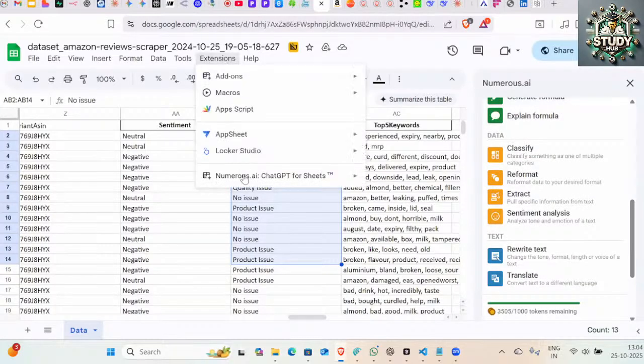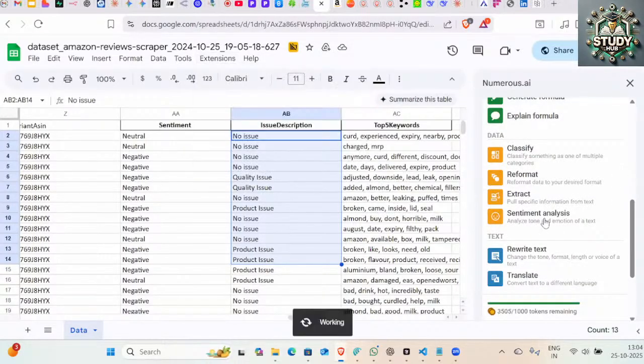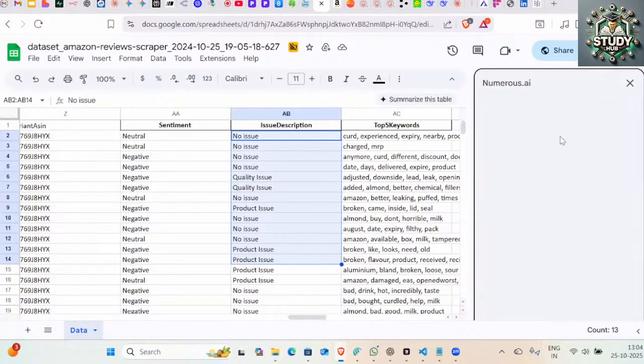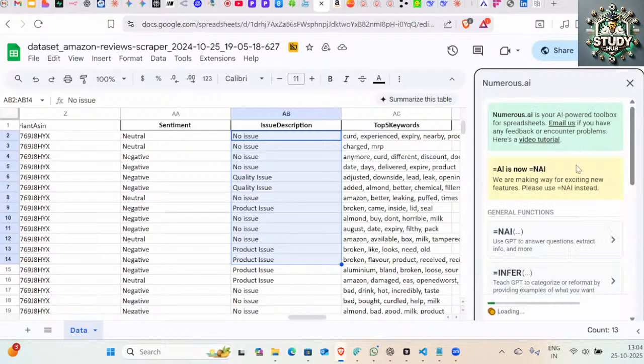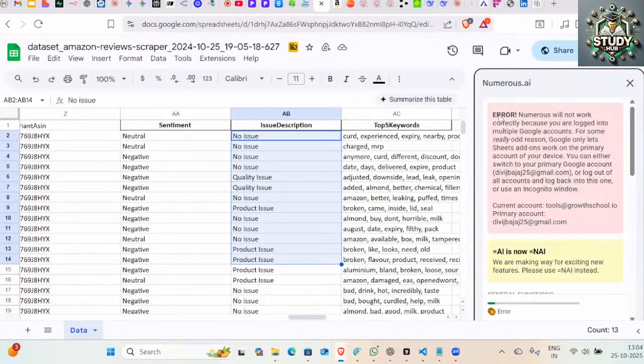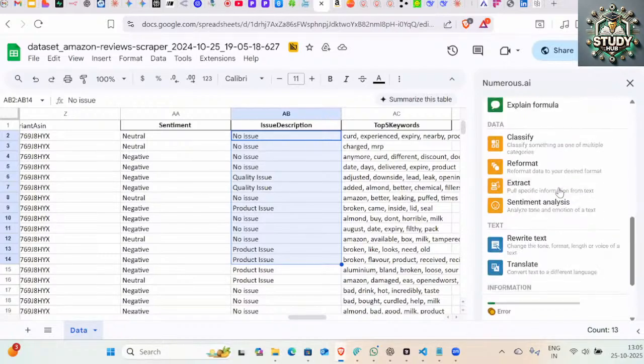So I think I just need to have it working. Ideally, it gets confused when you have multiple accounts open, right? So yes, I think that's the issue. You can see the error it is showing that I have multiple Gmail accounts logged in. If you just log out from the other one and switch to the original one, because I have it in my personal also, so that is the error. I was not able to get it.